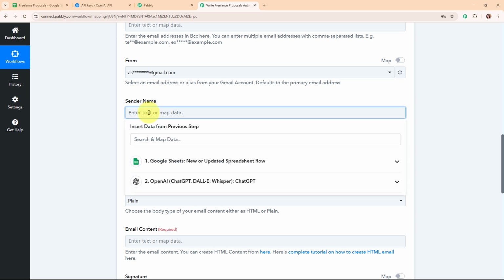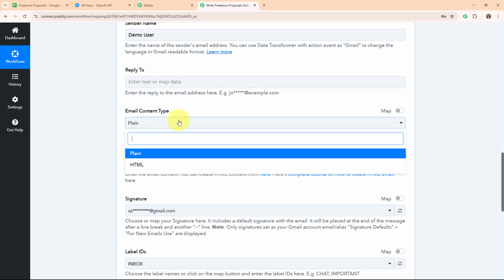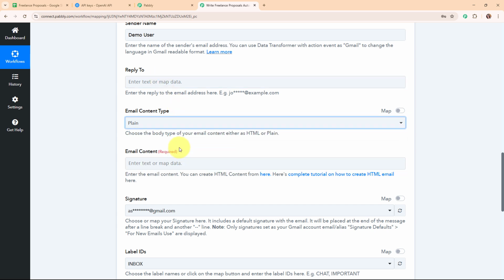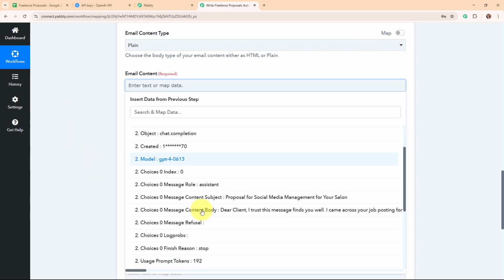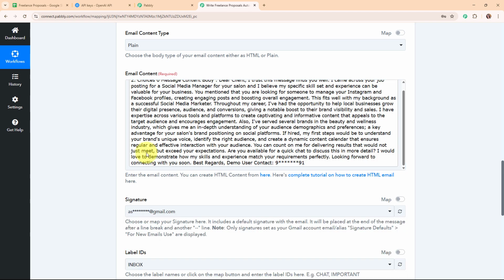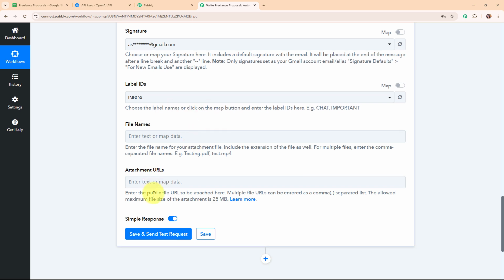And here for the sender name, I'm going to add my own name over here, that is demo user. And then here it is asking me for the reply to field. So again, this is not a required field, so I'm going to leave it blank. And here for the email content type, I'm going to select the content type as plain. And here for the email content, I'm going to map the content generated by OpenAI over here. So this is the mail body. Moving forward, again, these signature, label IDs, file names, and attachment URLs are not required fields, so I'm going to leave them blank. And now after entering all the required details, I'm going to click on the save and send